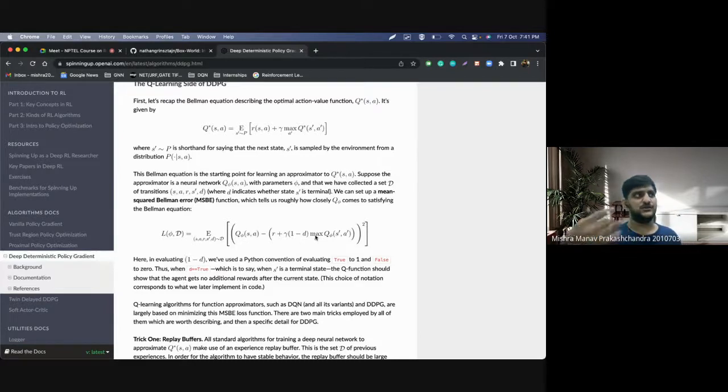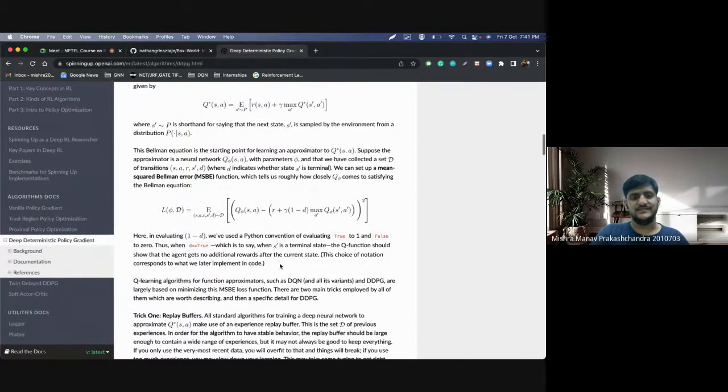To deal with that, you make a copy of the target network and freeze the weights. You only update the predicted network weights, and after some C number of iterations, you copy the entire weights of the predicted network to the target network, right?